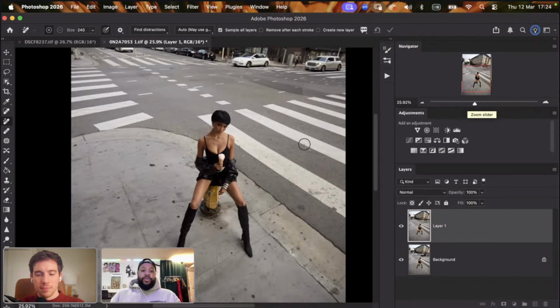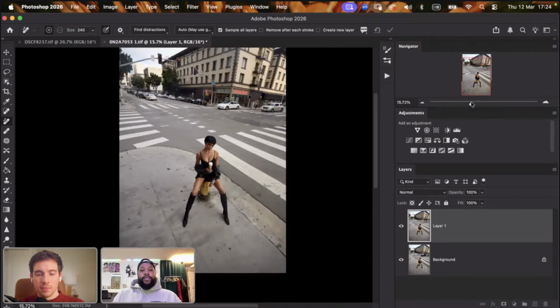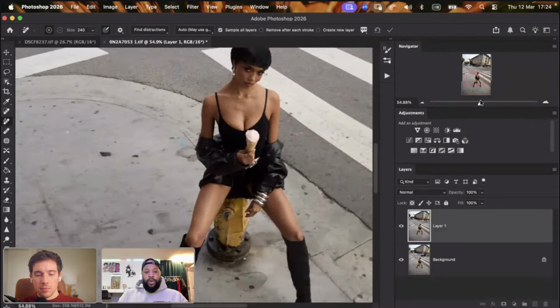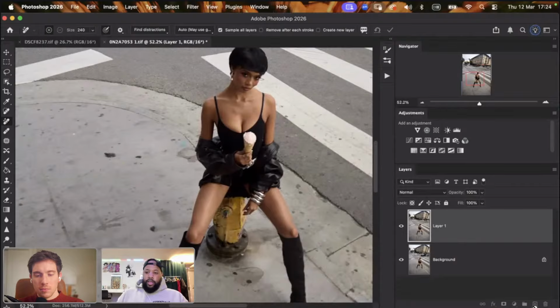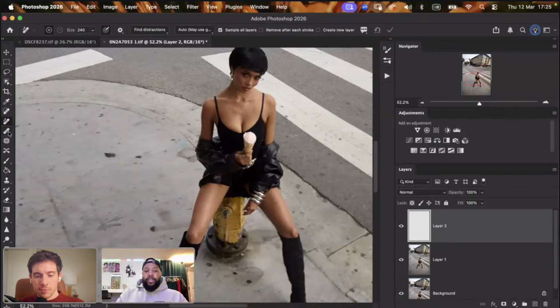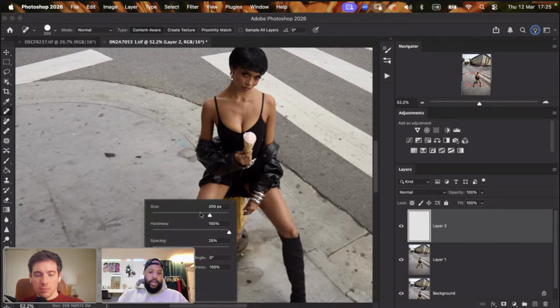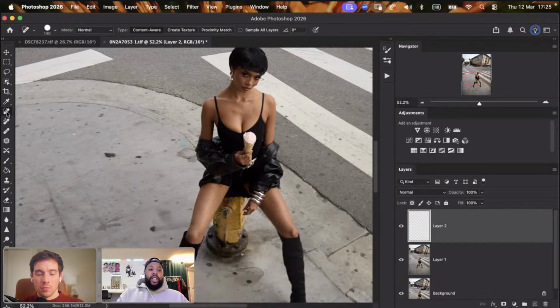Yeah. So now that we have the picture that we actually want to work with, what I'll do is create a new layer. It might take a little time, but I like to do it neatly. I will remove all the big dots that I don't want on the floor. So I use this tool right here. It's like a healing tool. You just have to